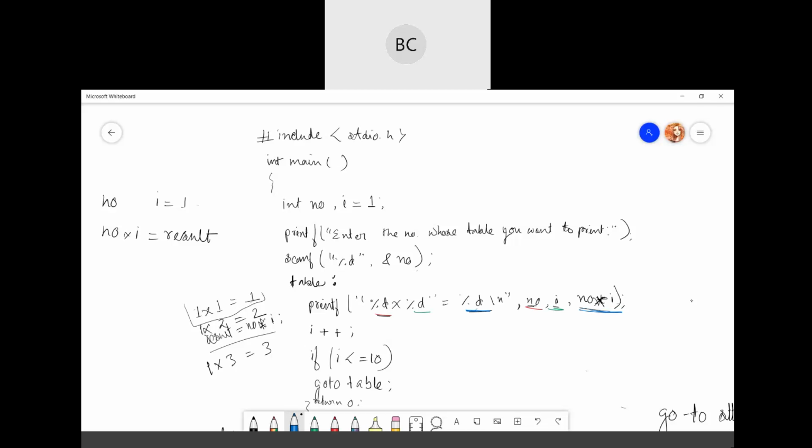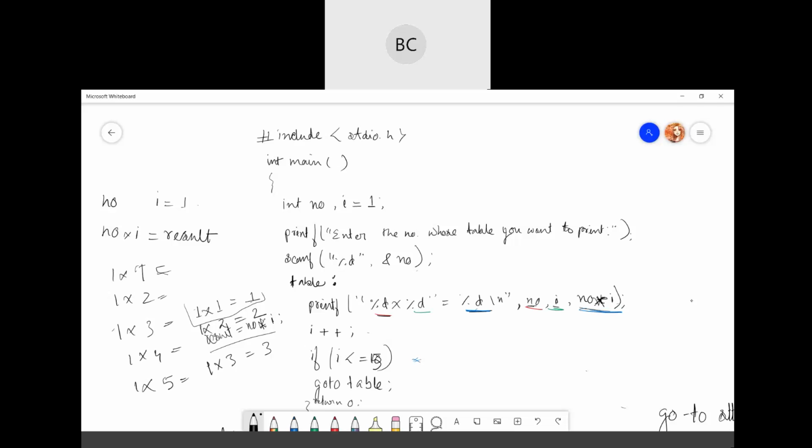If you don't put this condition, it will just keep going on. It will be an infinite loop, right? 10, 11, 12, 13, 14, and so on. So you need to stop somewhere, right? You can write anything. If you want to show up to 5 only, then you can make the condition 5. That means the moment I will be 5, your table will be done. That means 1 into 1, 1 into 2, 1 into 3, 1 into 4, 1 into 5, it will stop there.